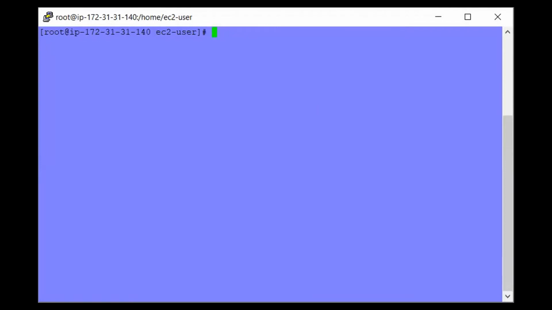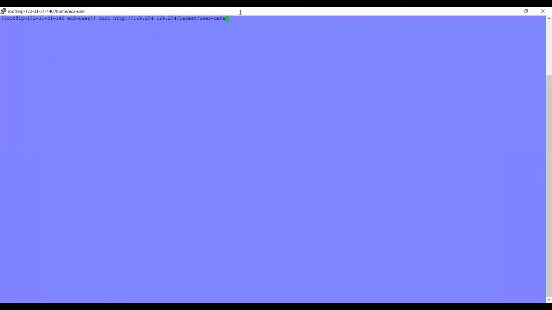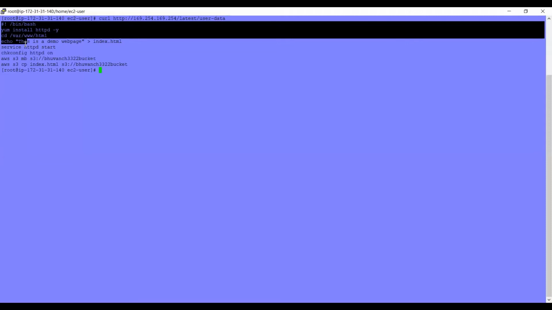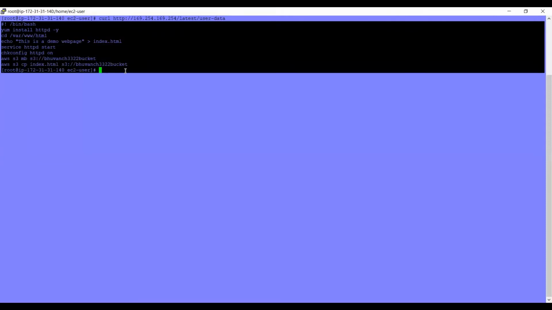So the command which I'm going to tell you is curl http://169.254.169.254/latest/user-data. If you need to find the user data, just make a bit of change to it: user-data. So you can see it will give you the user data which we just put in. You can see that this was the bash script which I ran. It's still there. It is showing to me, right?